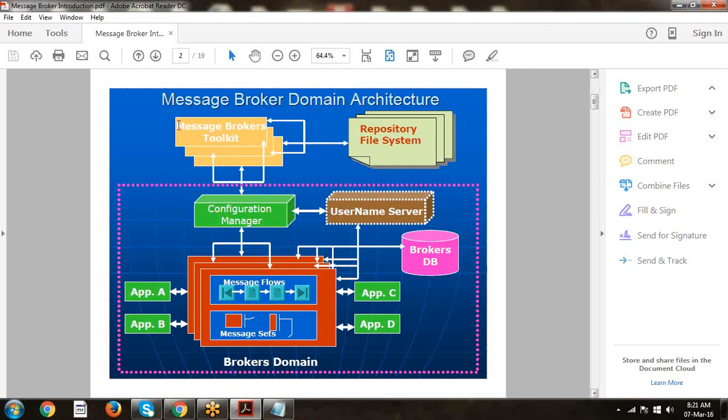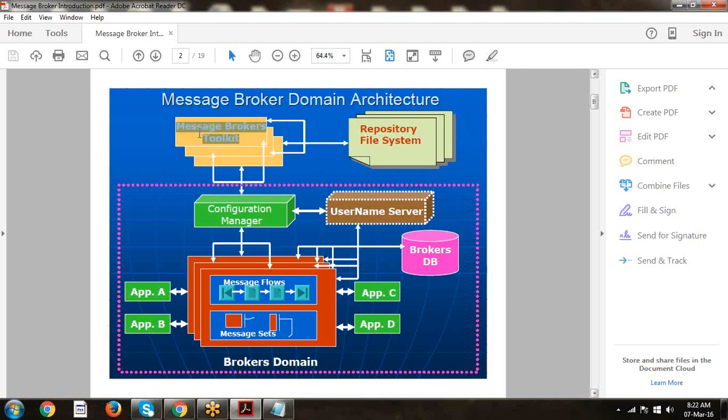Developers use this toolkit, applying transformation, routing and business logic. Up to version 6, in the toolkit we have a broker development perspective and a broker administration perspective.